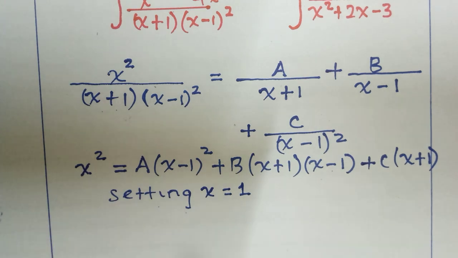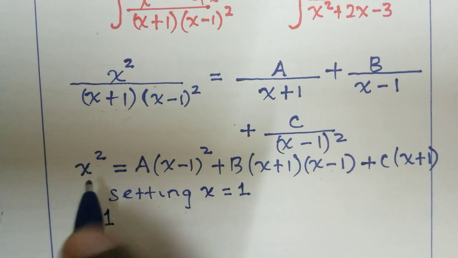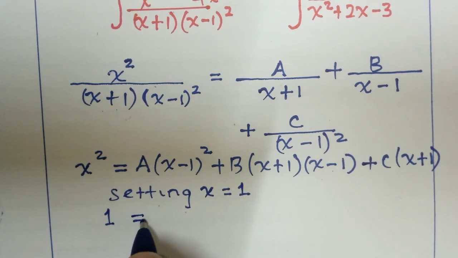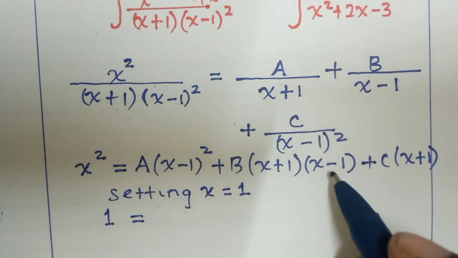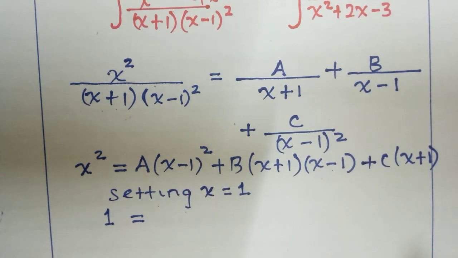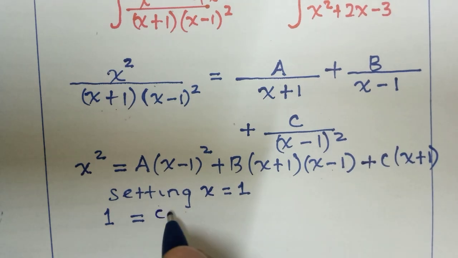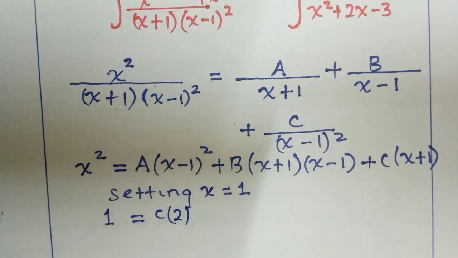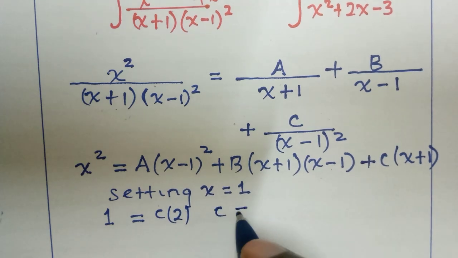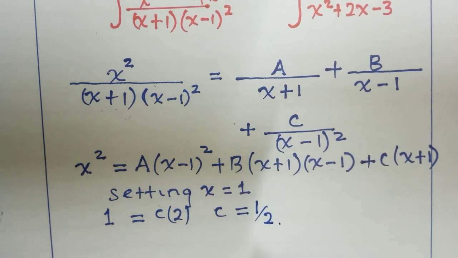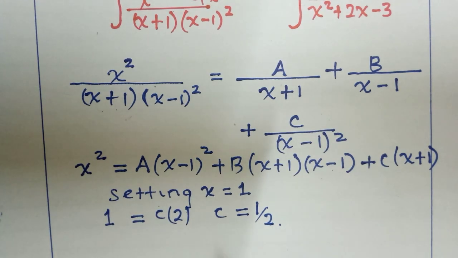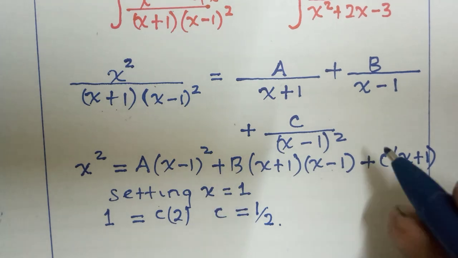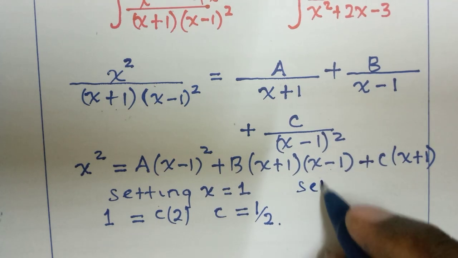then we shall have, this side we shall have 1. That is 1 times 1 is 1 equals to, this term will be 0, 1 minus 1 is 0. And this term will be 0 also, so we are left with the c there, and then 2, like that. So guys, our c now then is going to be a half. From there, guys, now we come to, we set, let's say again, setting